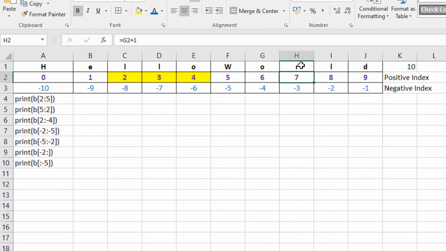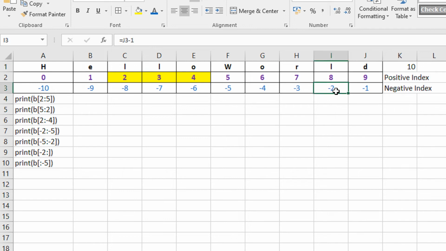In Python, there is a concept called negative indexing. This was not there in C or C++. Negative index works in exactly the reverse manner. So negative index -1 represents the last character of the string, or of the numbers that you are storing. So -1 represents D, right?